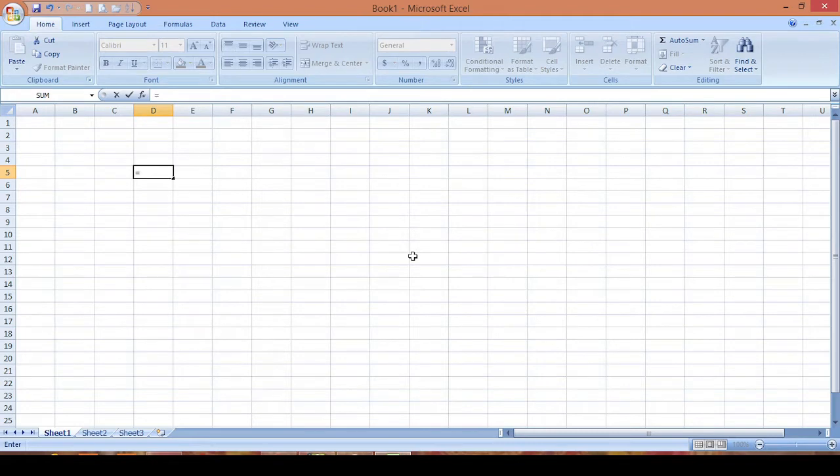a formula. Now if I am taking two numbers, I can do any calculation, like I'll do 12 plus 23 and press the enter key. You just type the equal to sign and the numbers, maybe 23 minus 3, and then press the enter key. This way you can type any formula. I have used plus, minus. Let me multiply 12 by 2 and we'll get 24. For dividing, 12 divided by 2 will give me 6.